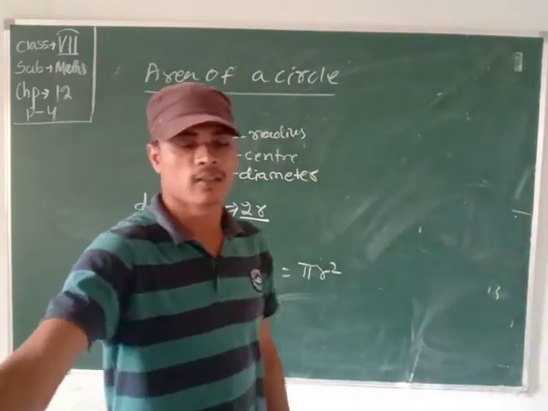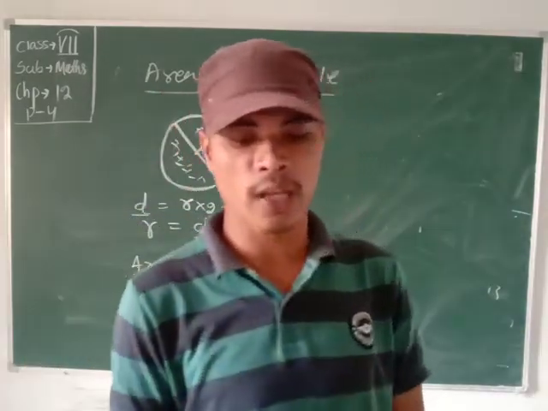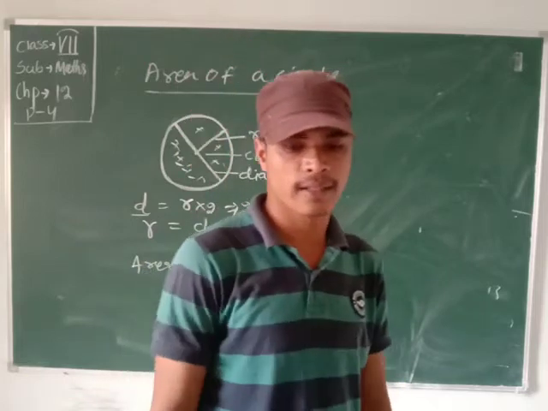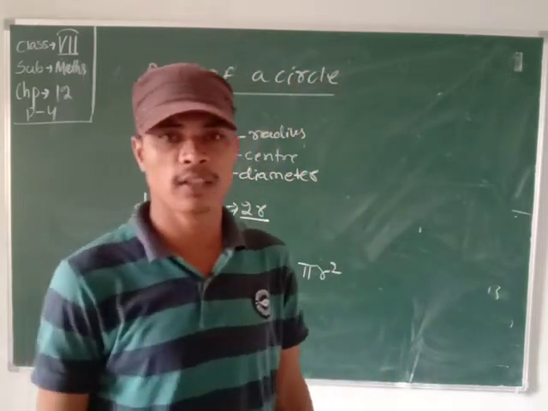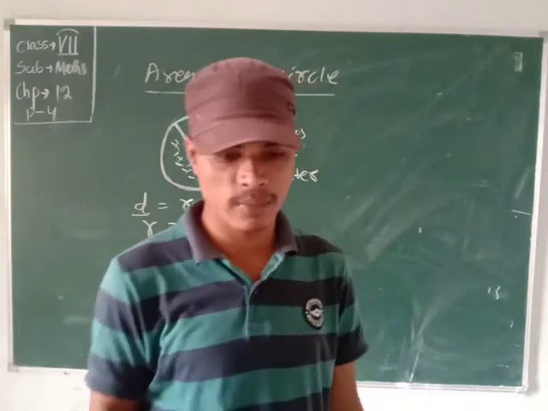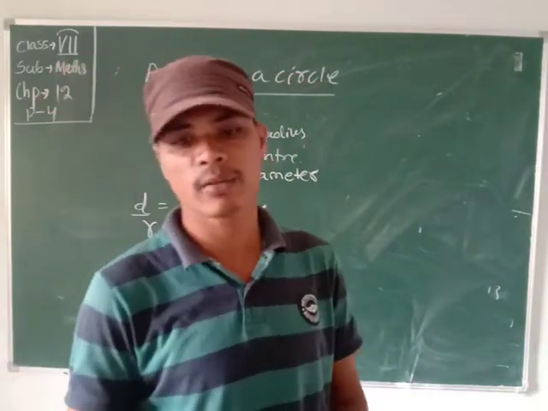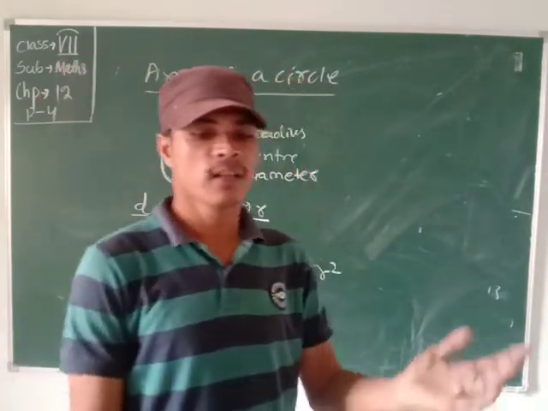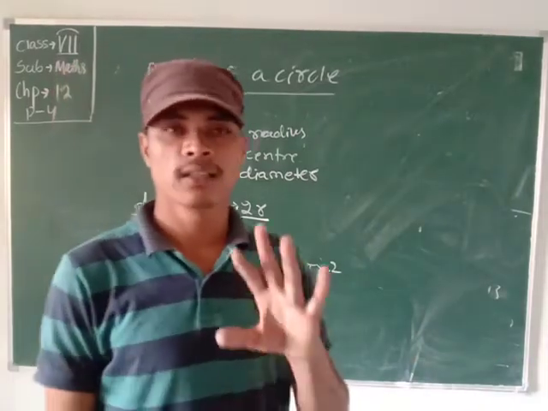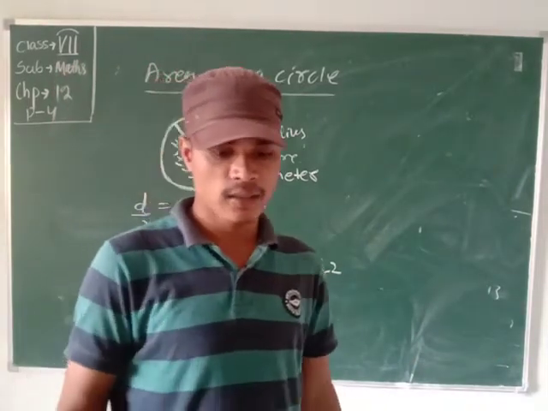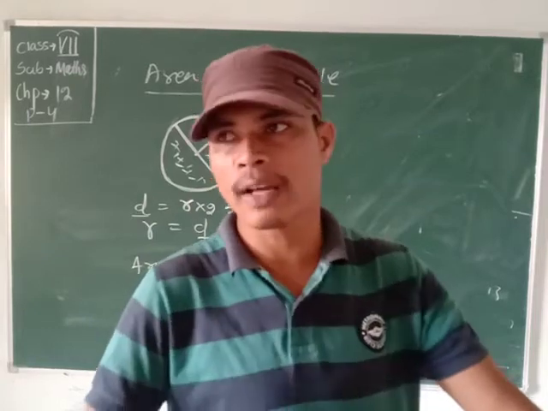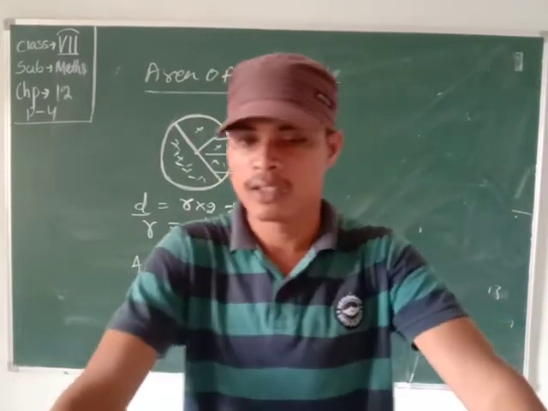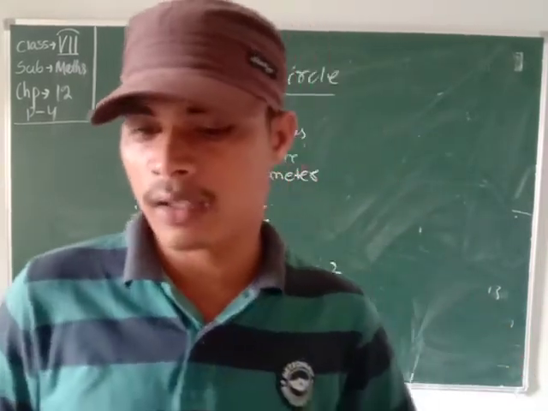That means the radius is taken 2 times. Therefore, if the radius is given, then the area is pi r square. Clear about it? You can also find the area in an alternate way: pi r into r equals pi r square. Now we take an example: find the area of a circle of diameter 14.